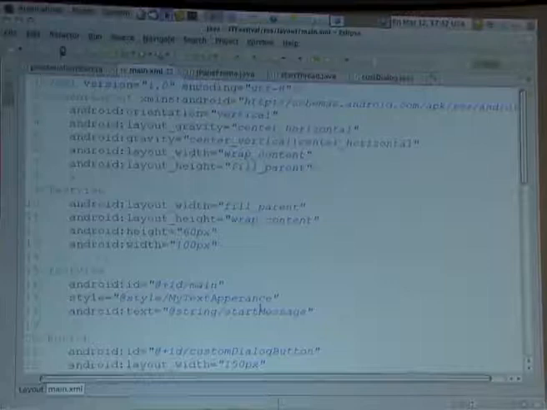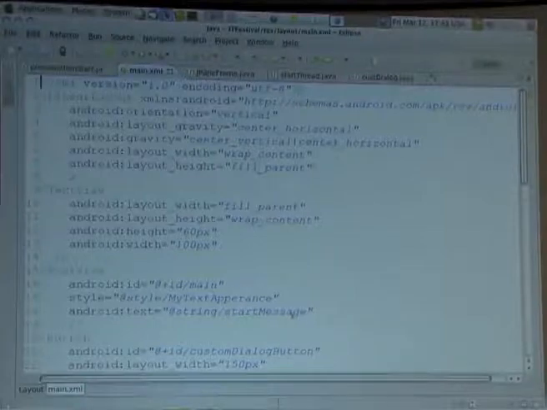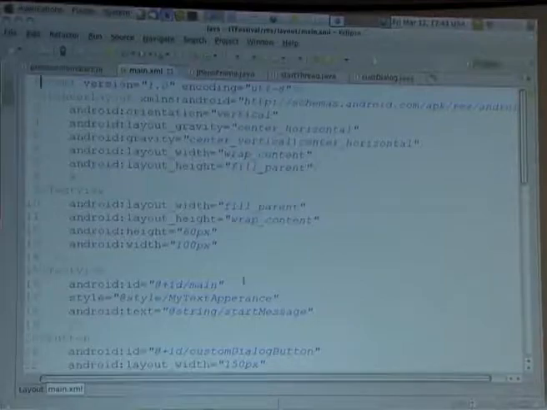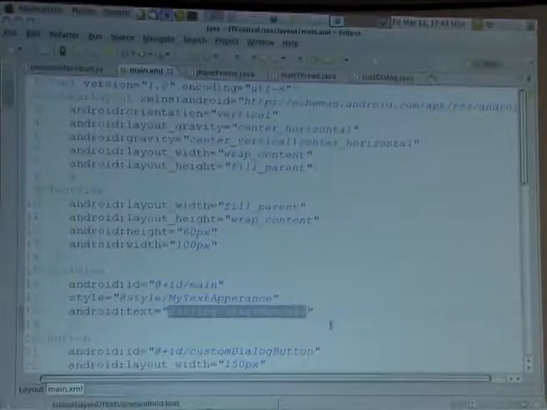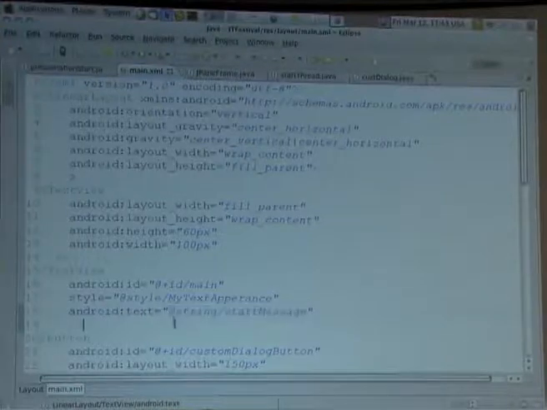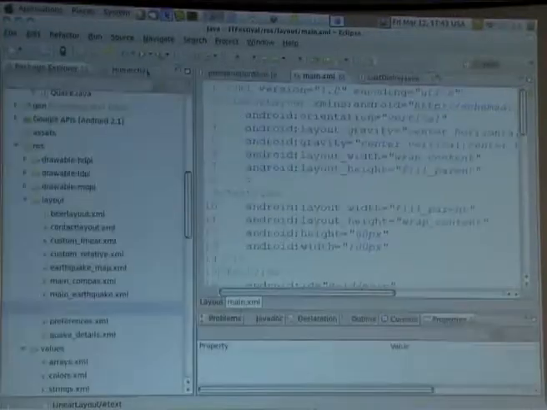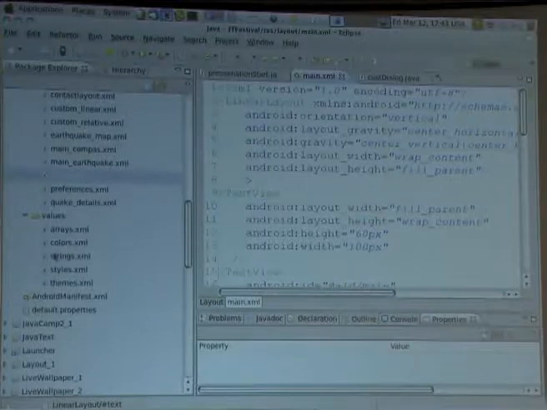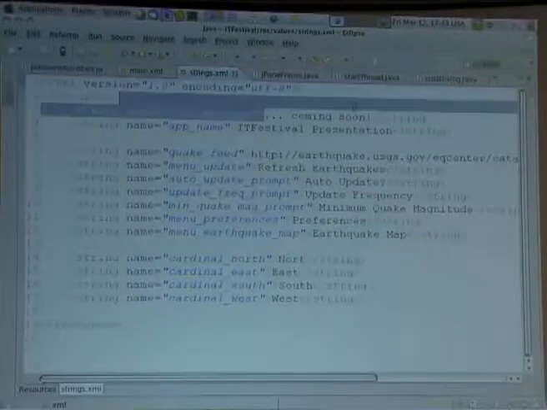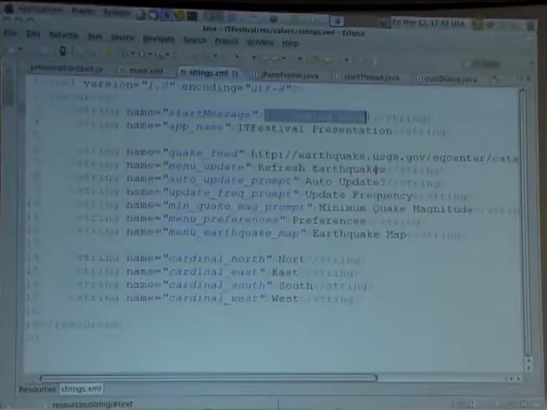Text view is responsible for handling my message. It has its own ID, and it also has a string for the start message. The string is here. Have you seen it? I hope so. This string forwards me to the other XML file, called strings, where the first message is displayed. And here is the coming soon. This is because at the top of the activity lies the progress dialog, as you have seen, until it reaches